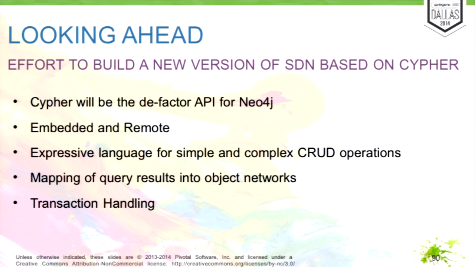And the other thing that I think is really important nowadays is not just to focus on something like cascading loading, where you have a session and then you load stuff and then you get persistence exceptions because the transaction is already closed. But I want to be able to write a CYPHER query or have a derived finder method that encapsulates a complex business operation concisely, and then map the result objects back into my domain entities so that I can use them with other libraries, with web frameworks, and so on.